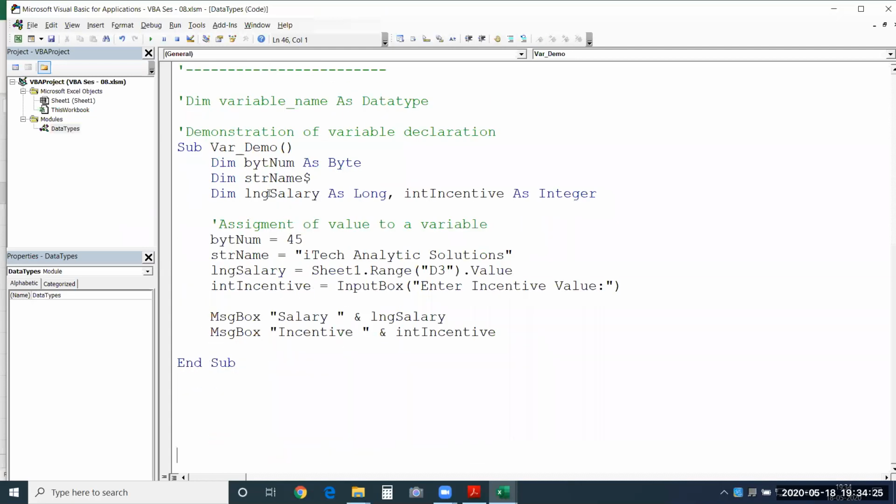Now, I'll go here. I'll just include another macro. Say sub private variable. So for this, let me declare and assign values to both those public and private variables and show you what their scope is.